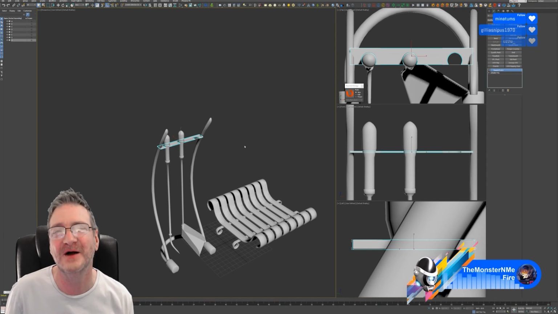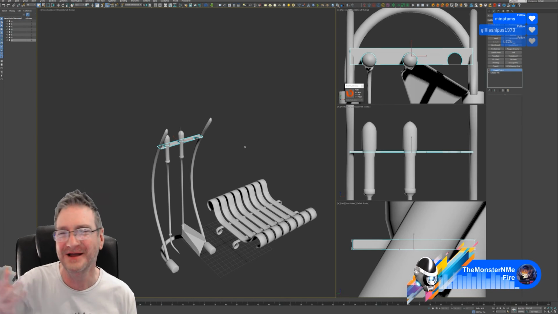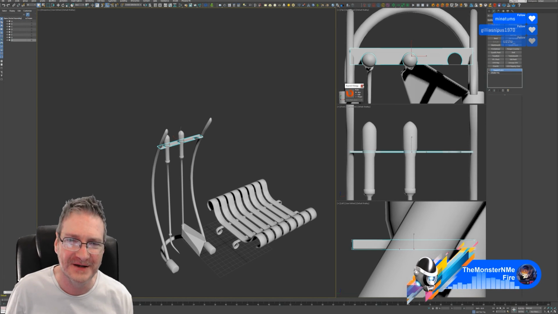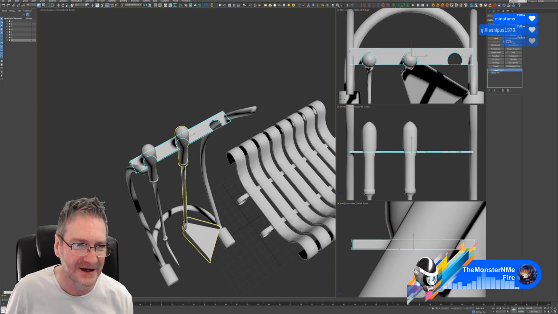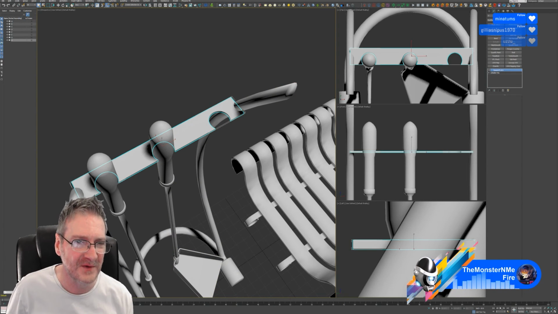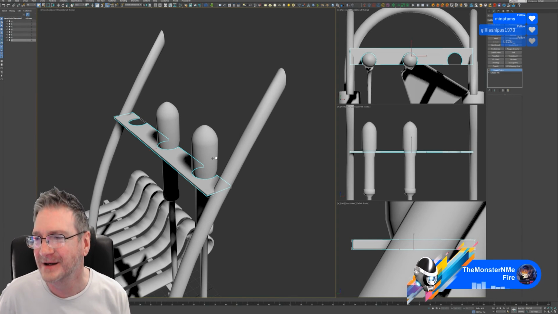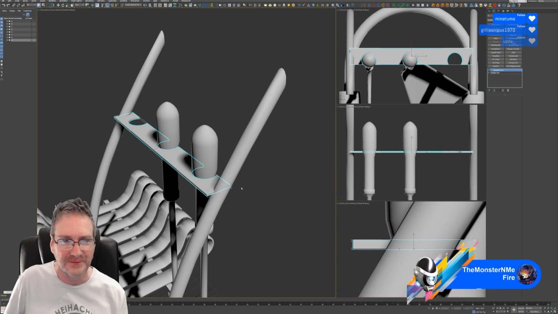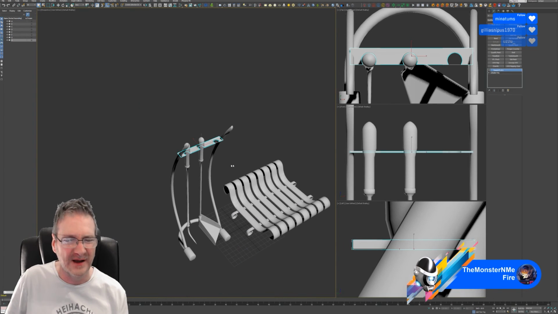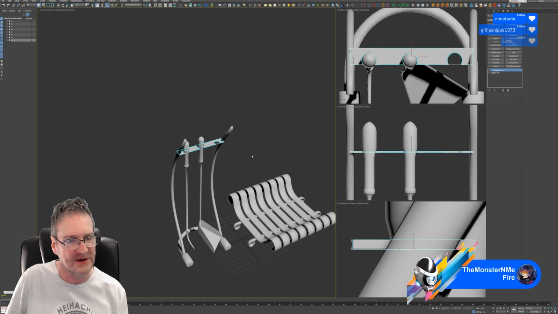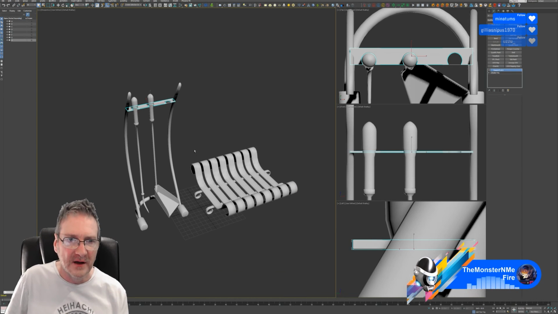Echoplex, I'm assuming. My apologies if I'm mangling your username. Echoplex says, what do you think about Boolean modeling workflow for games? I love Boolean modeling. That's basically how this piece that I just UV mapped here was created. It was a box with a cylinder that was cut out. So yeah, no, I'm all for Boolean modelling in games. I know a lot of people don't like Boolean modelling, but I think it's fine. It can be a bit of a pain to work with sometimes, but no, I like it.